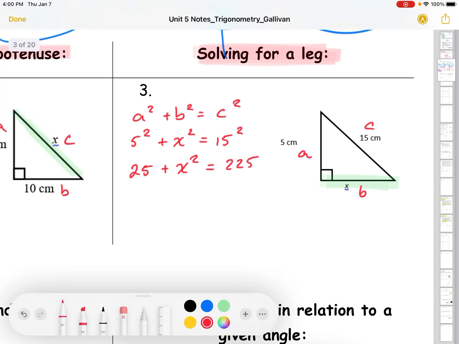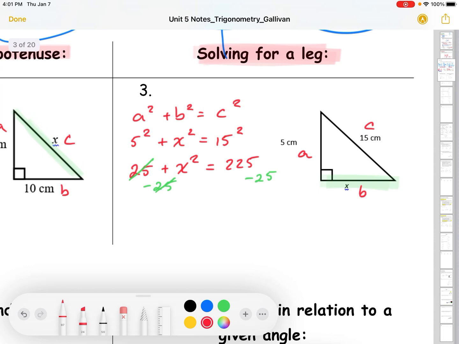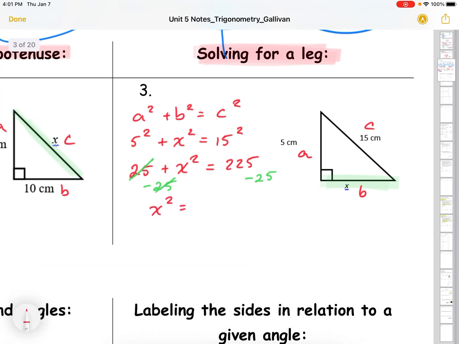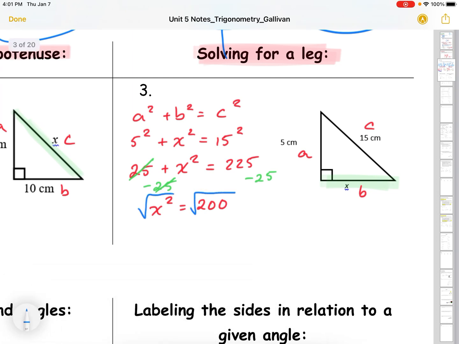Now, when we're solving equations, we want to move this over, so we're going to move over the 25 just like we did in our equations. That will cancel out on this side, and we'll get x squared is equal to, well, what's 225 minus 25? It's 200. Now we've got x squared equals 200, so we're going to have to take the square root